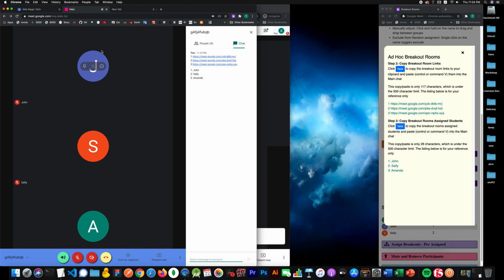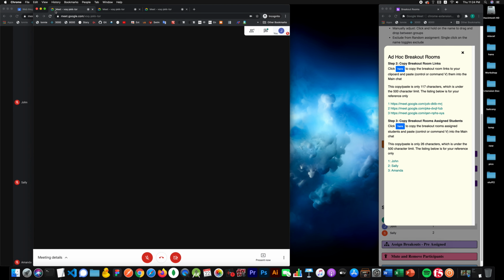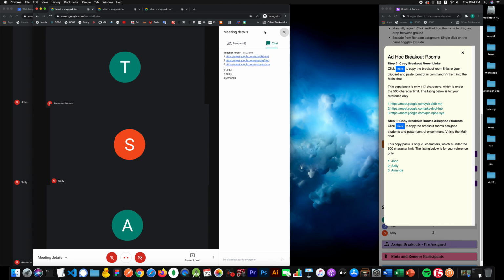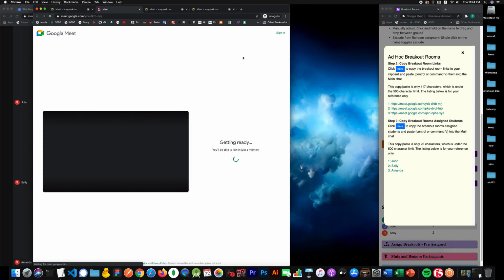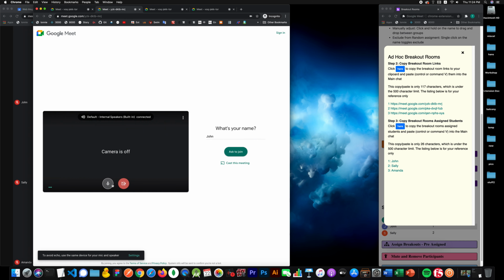All right, so looking good so far. So this is the main room. Now I'm going to show you what the simulated students look like. The simulated students are over here, and the first one's John. John's going to click right here, and John's going to try to go into the next room. So he's going to go into room 1,